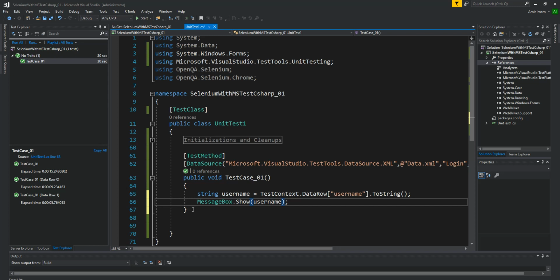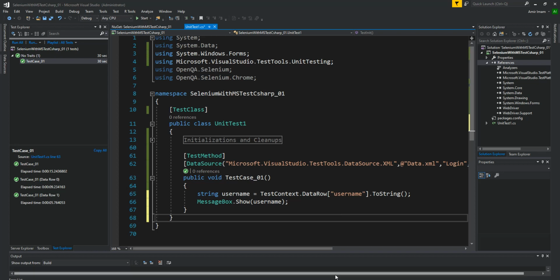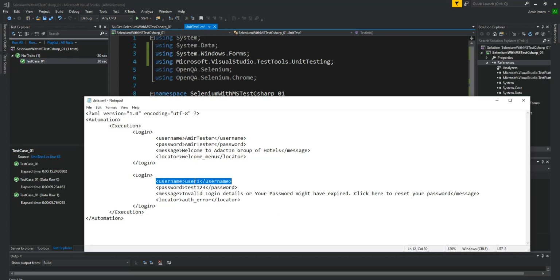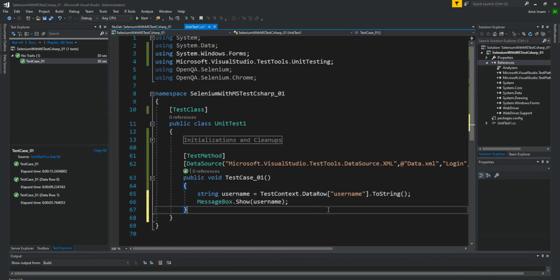I'm expecting to have username as army tester as the first value. Then for the second run it will show user 1. This is the benefit of data driven.